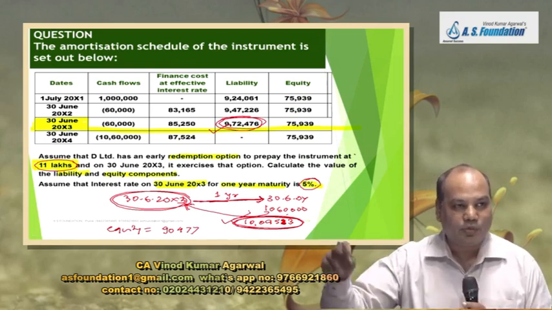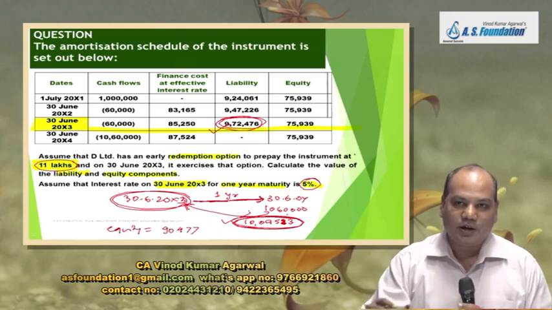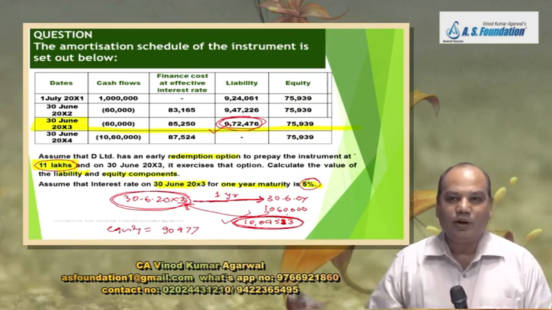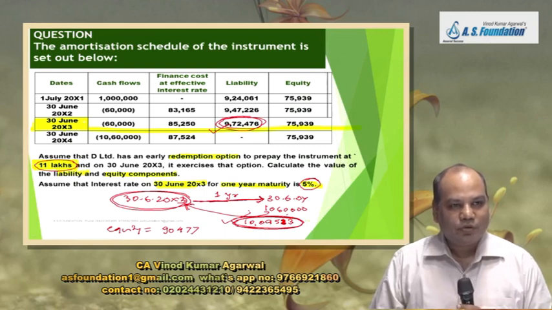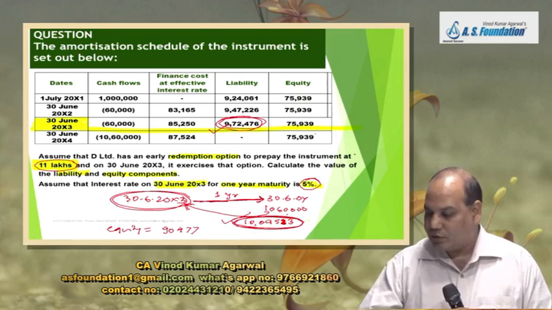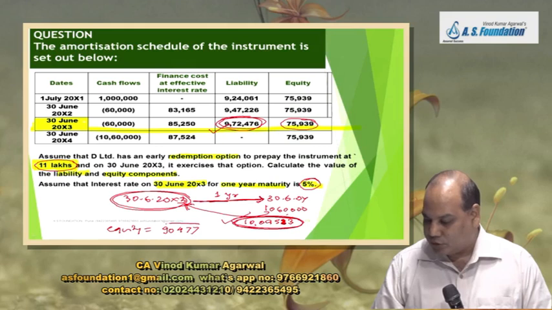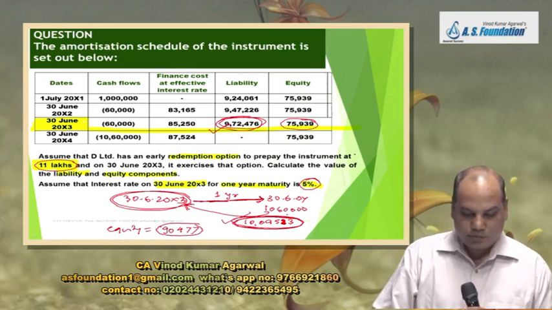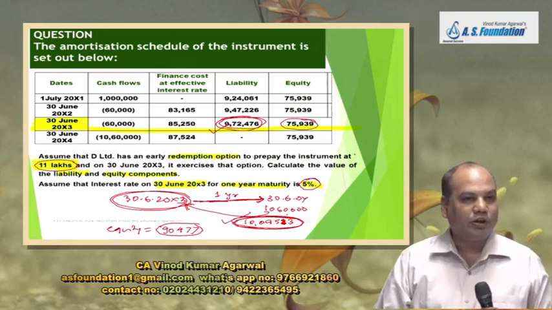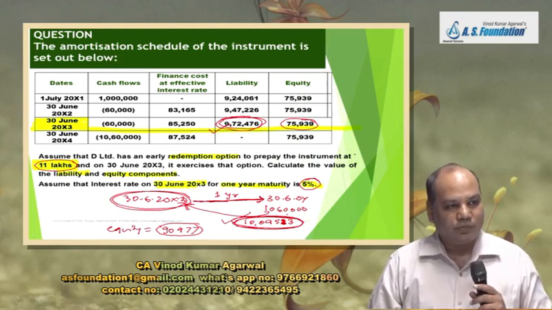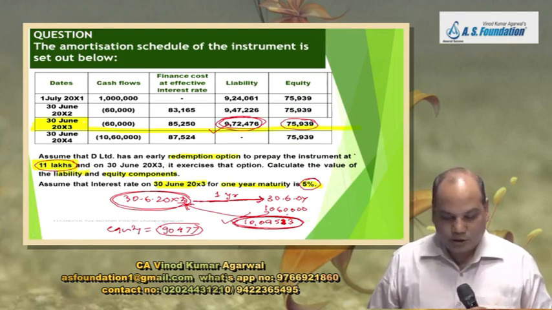Amount allocated is more. You are paying more than the carrying amount. In case of a liability, if you are paying more than the carrying amount, there is a loss. So that loss will be recognized in the profit and loss account. And the balance in equity is already 75,939, and plus you are going to allocate 90,477. Is it right? So the equity account will also be transferred to other component of equity. Okay, so see the answer.